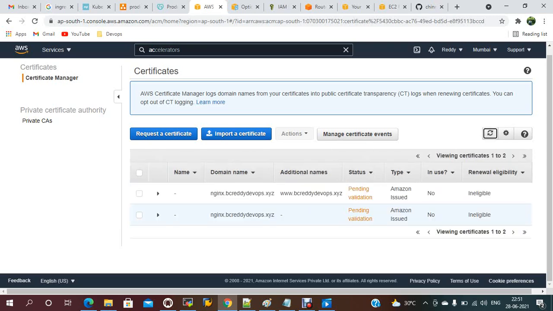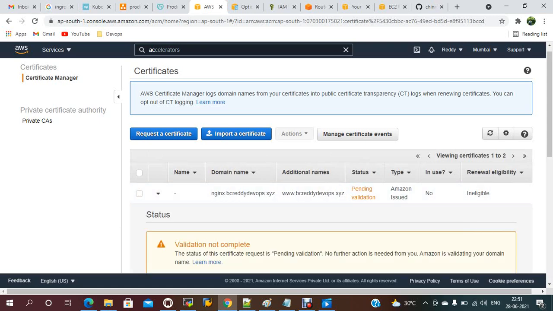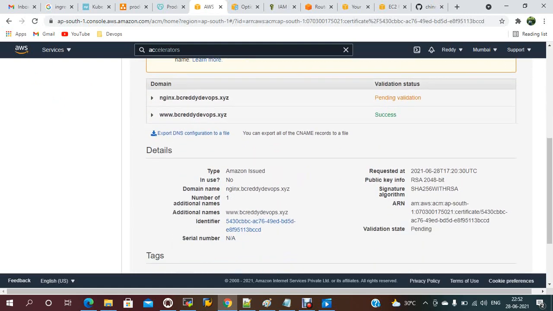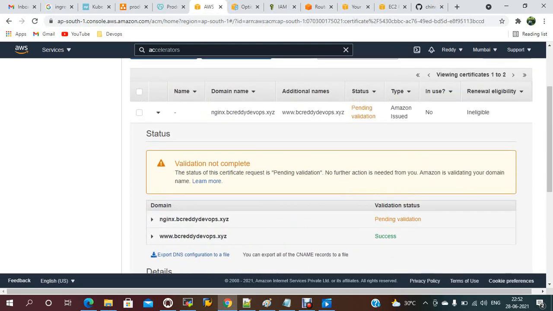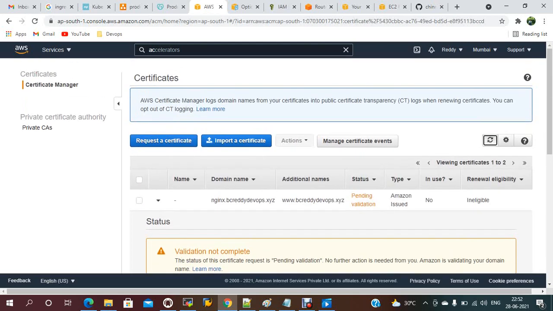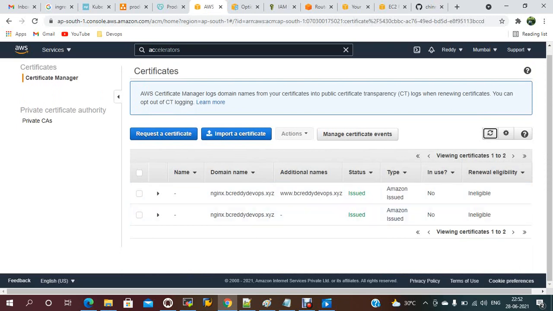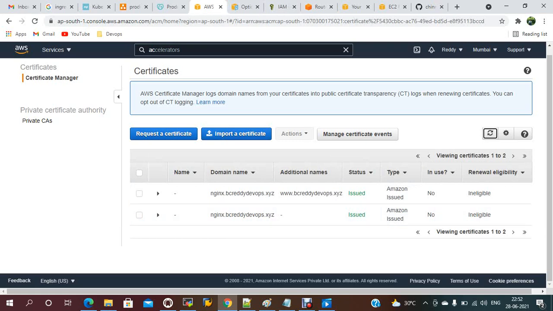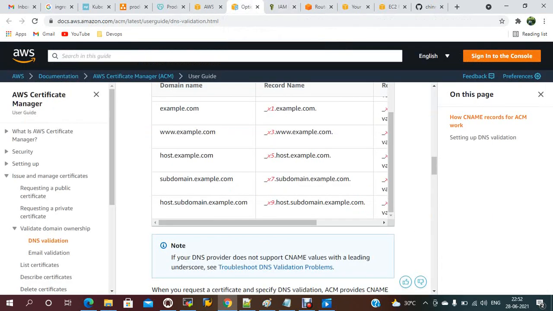Additional name, there is some issue with this name. And this one is success now. See, the BC Reddy DevOps one is success. Yeah, both are now issued. If you go here, it will take some time. We have to wait. I thought it should be issued, but it is taking 2 minutes. Now this is success.